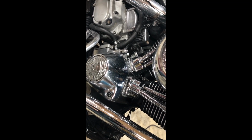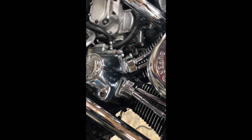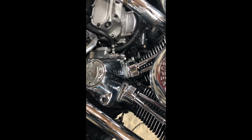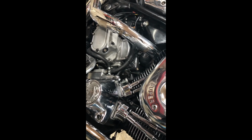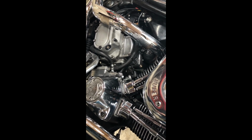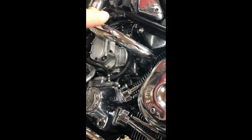So that's not my problem, I don't think. So I tried to fire this bike up. A couple issues. My battery's no good. It's just not enough boost or kick there to turn it. When I put the other battery to it, it just whips right over. And that battery